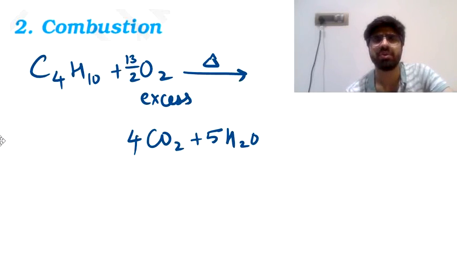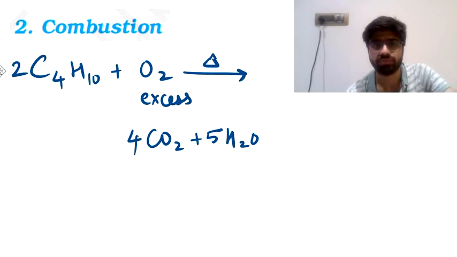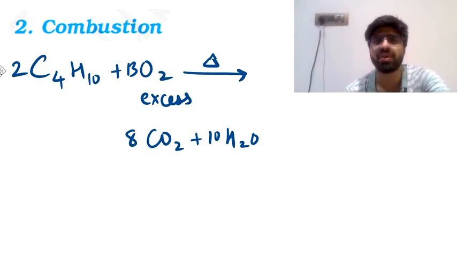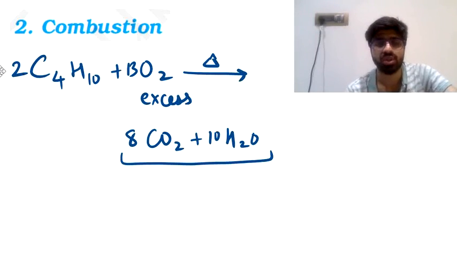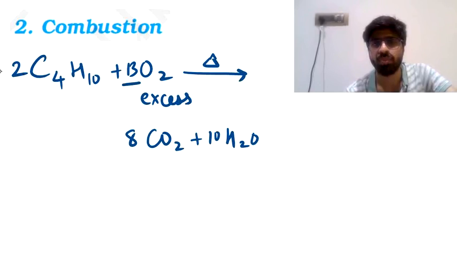If you want, you can multiply the entire equation by 2 and say this is 2C4H10 plus 13O2 is equal to 8CO2 and 10H2O. But that step of multiplying with 2 is entirely up to you. This is how easily you can balance out the reaction, by balancing out first the carbon atoms and second the hydrogen atoms. Oxygen will be balanced in the last step by counting the number of oxygen atoms on the right and taking an appropriate coefficient on the left hand side.